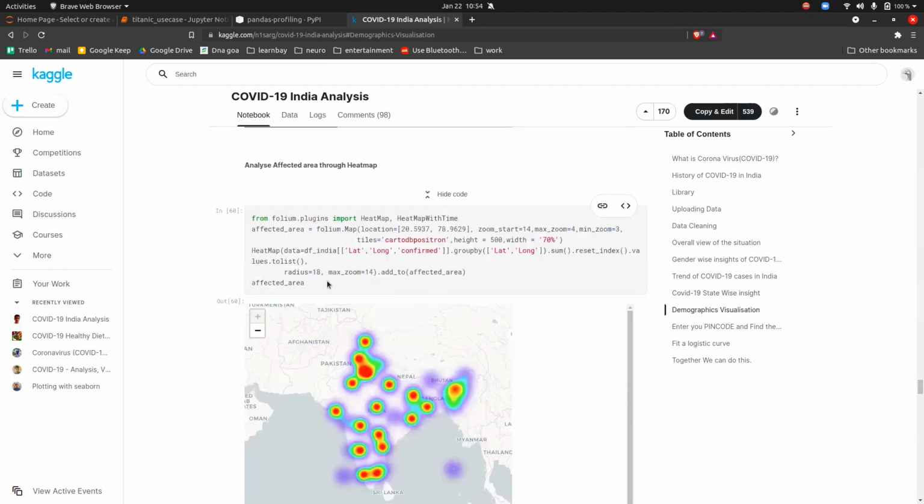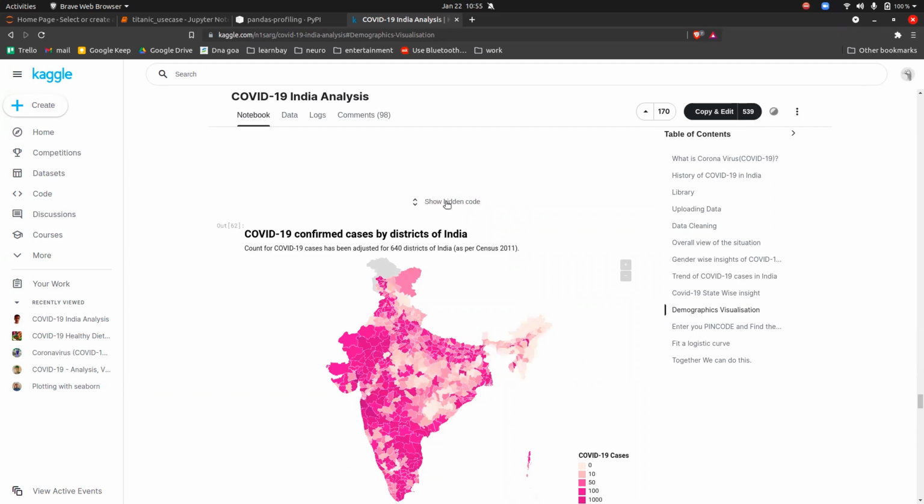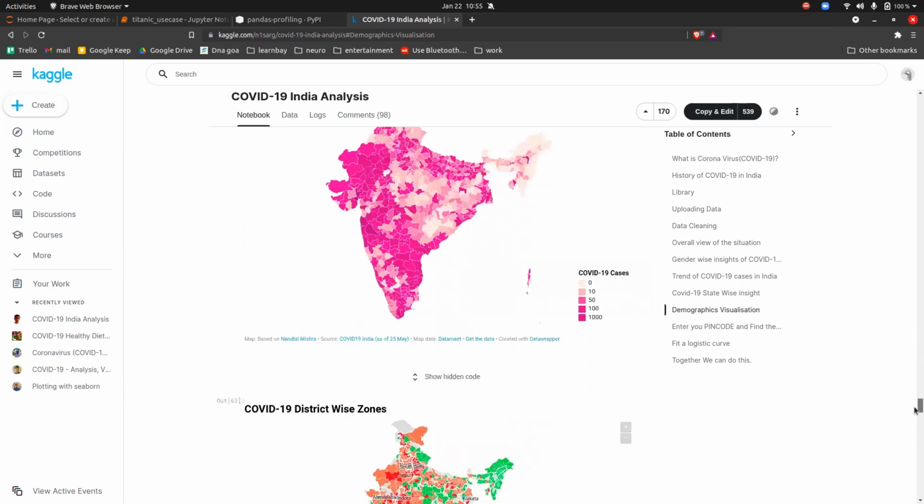How they have done it, everything is given to us. They are using different Python packages. That's the beauty of Python, that everything is there for you. You just have to learn it. Folium is the library which will plot things on the map, guys. If you scroll, you will be learning new things here.